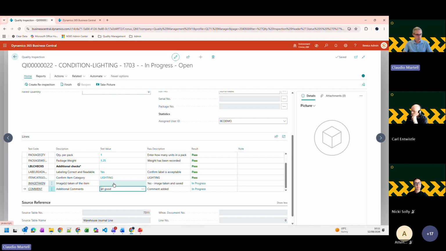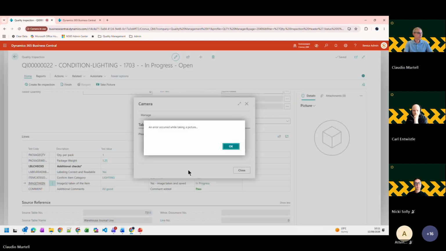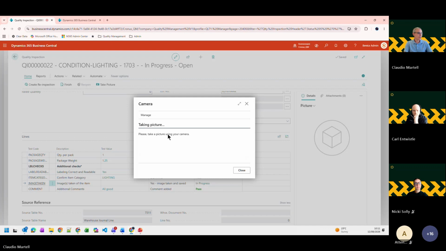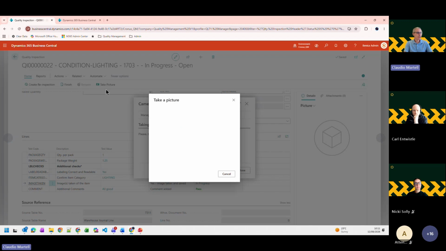All good. If you want just some general text, you can. Here I've got just a yes or no, has an image been taken? So if you've got a tablet or a mobile phone, you can take a picture. I thought you could take it. Okay, permissions aren't letting me take a picture, but you should be able to take a